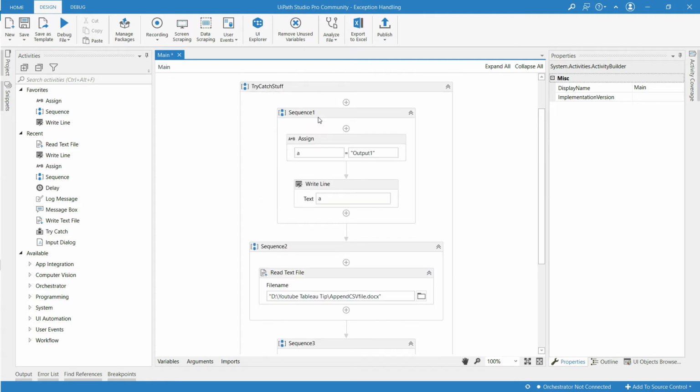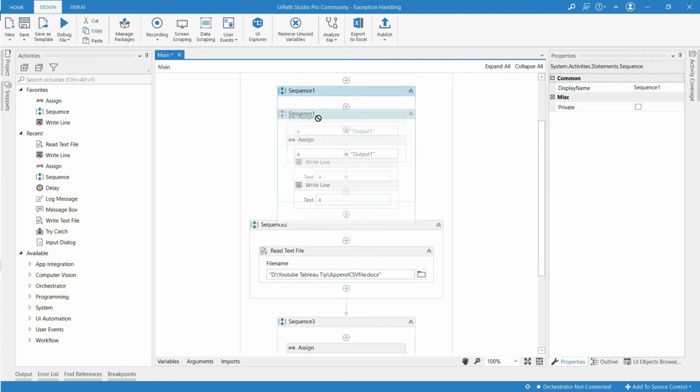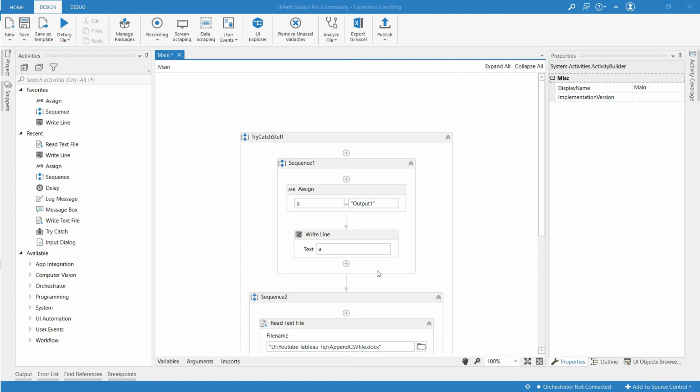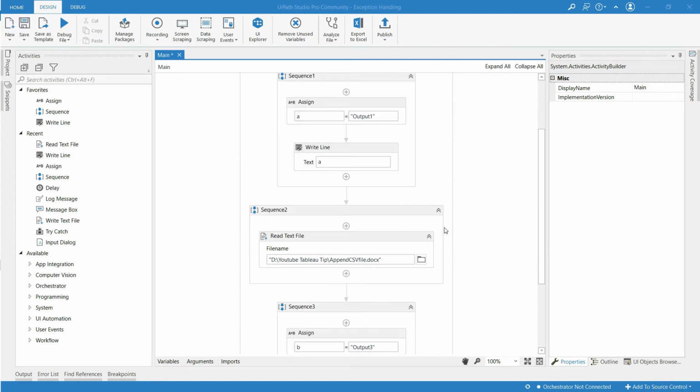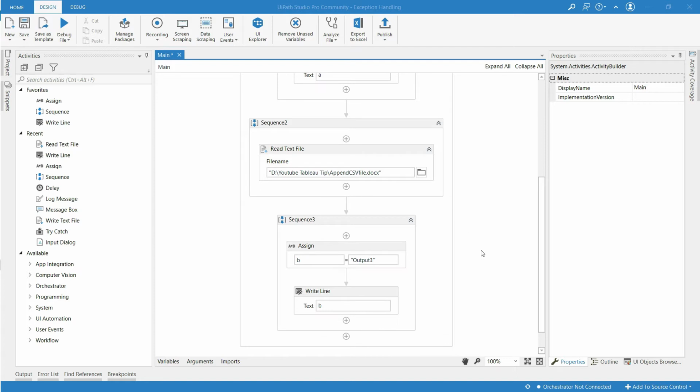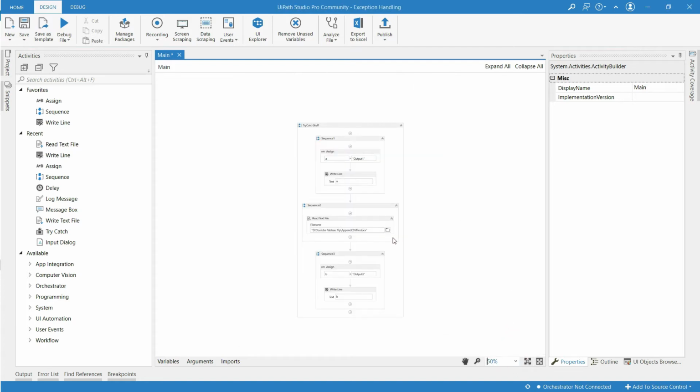So in this program I have created a sequence and named it try catch stuff. Within that I have created 3 sequences. Let me show you its full view. And let me save and run this.